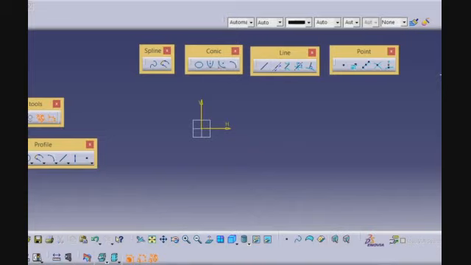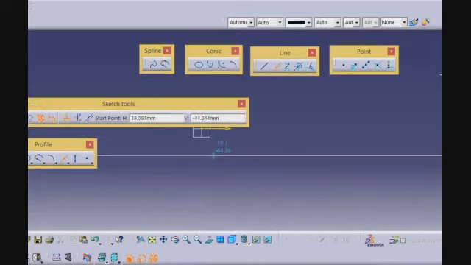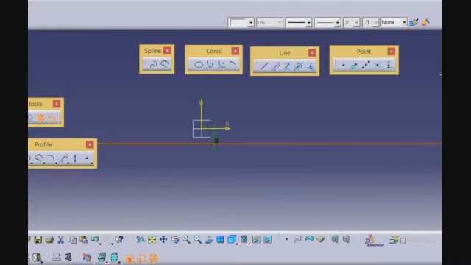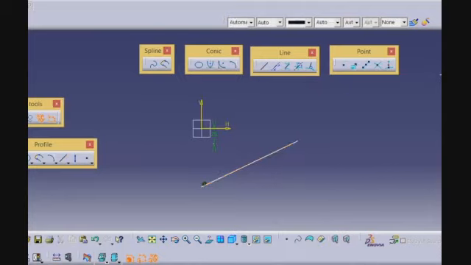Next one we have infinite line. We'll give the midpoint and the orientation point itself. We can give the center point of the line, but the start point and end point will not be known by us. We can alter this for horizontal or vertical dimensioning from the axis. Next we have bitangent line. For that I will create two lines.